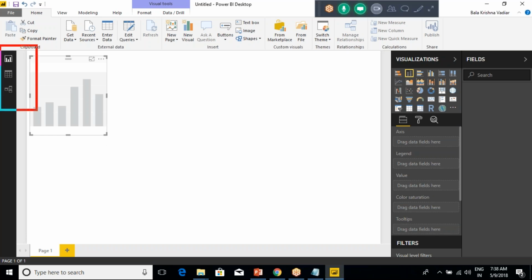As you can see, the three icons on the left: one is report, then data, and then relationship here. If you don't know the names, just keep the cursor on them. First one is report, second one is data,